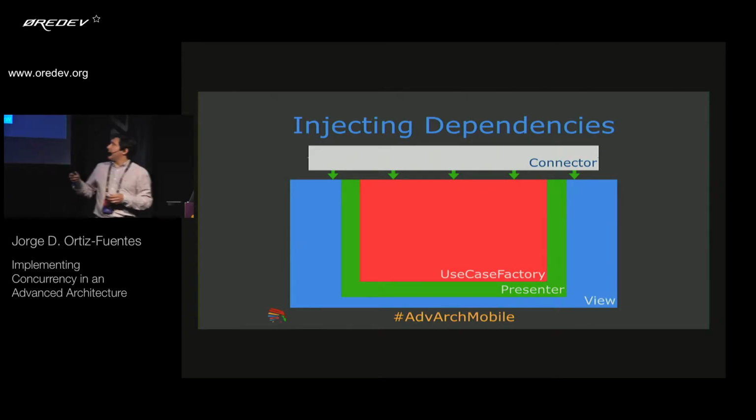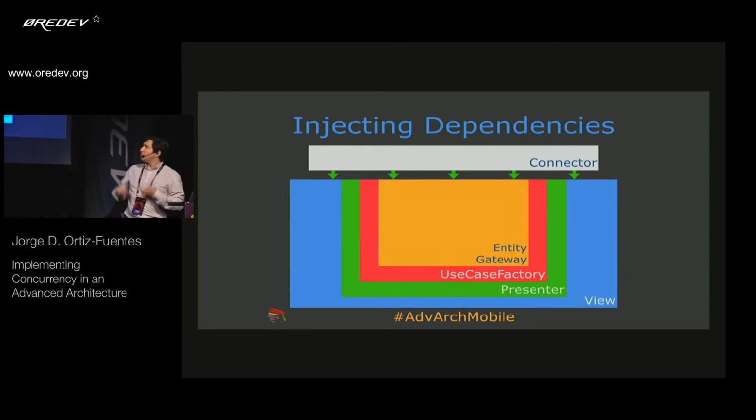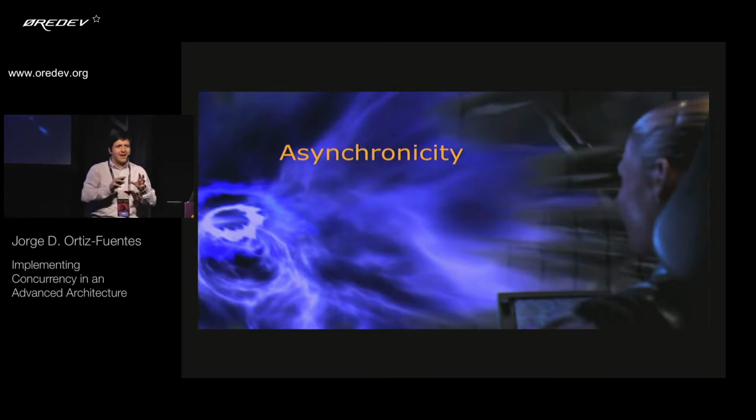When we create that use case factory, we also inject into it a reference to the repository, the persistence that we are going to use, which is referenced here as the entity gateway. Okay, so we have all the pieces. Now, if the user taps on something that I want translated into show me this list, or add this new bit of data to the database, or delete something from the database, it will be done in a use case, and that use case will be interacting with entity gateways, and it will be commanded by the presenter. So, now that you have a very rough picture of what the architecture would be, let's talk about